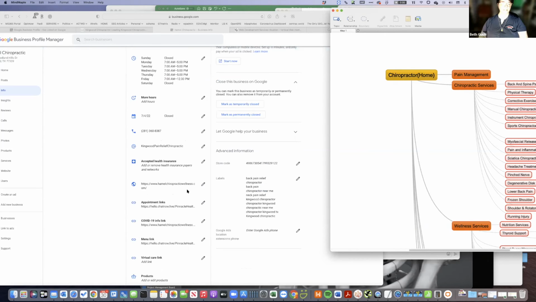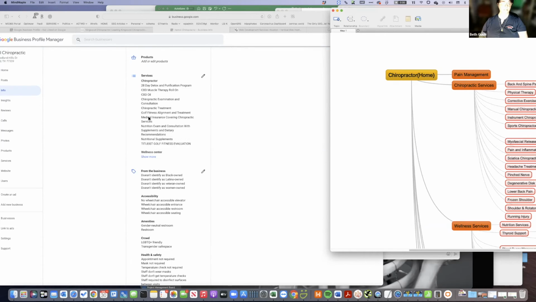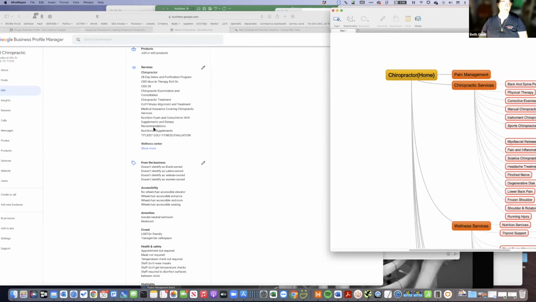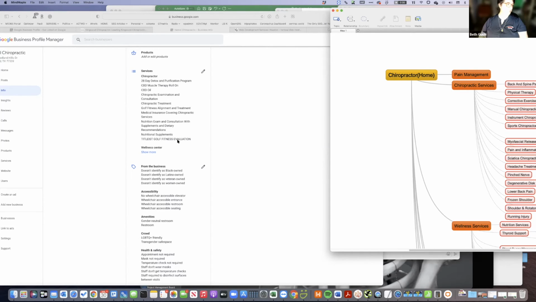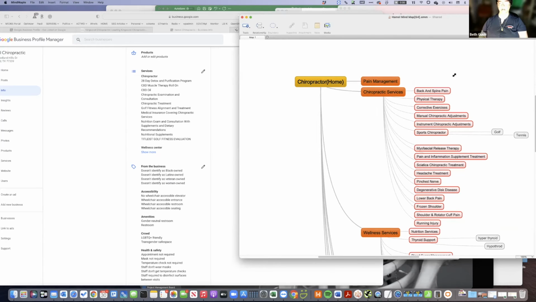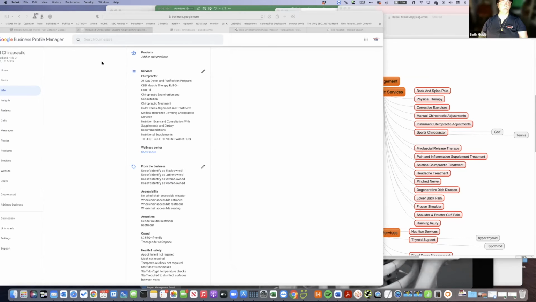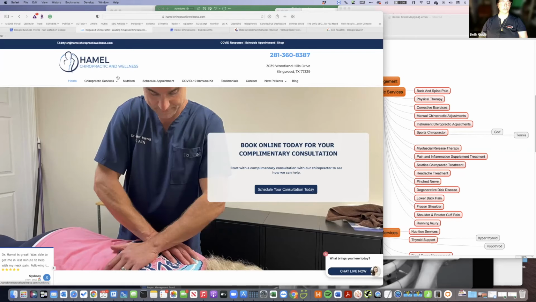And then the services, if you see his services here, in fact, he keeps adding services and I have to keep taking them away, because he keeps making stuff up. By the way, you guys that have people like me and have access, don't keep going and changing stuff. So Christina's going to have to fix this because he changed it again on us. But you see these here, all these red ones will go here in this area. And when I come back to the website, they will go in. She's already got nutrition, but they will start to go in and fill in. These will fill in here and here and match our pages.